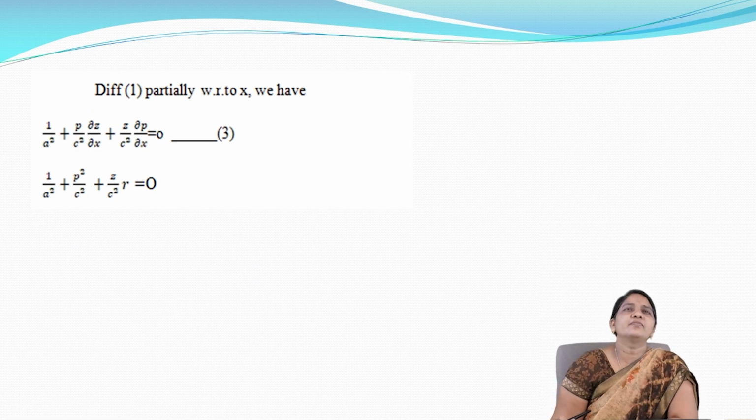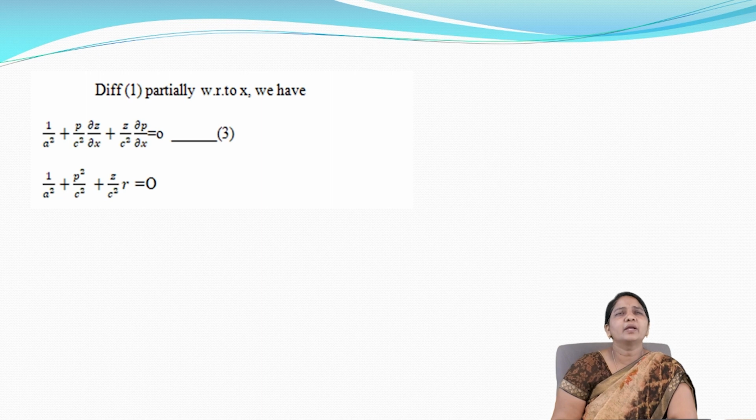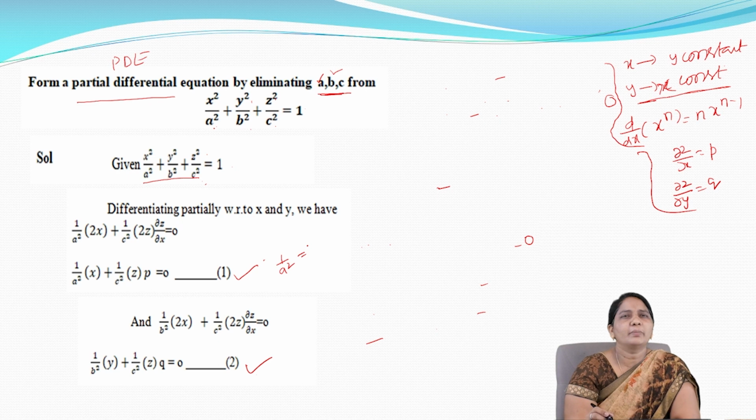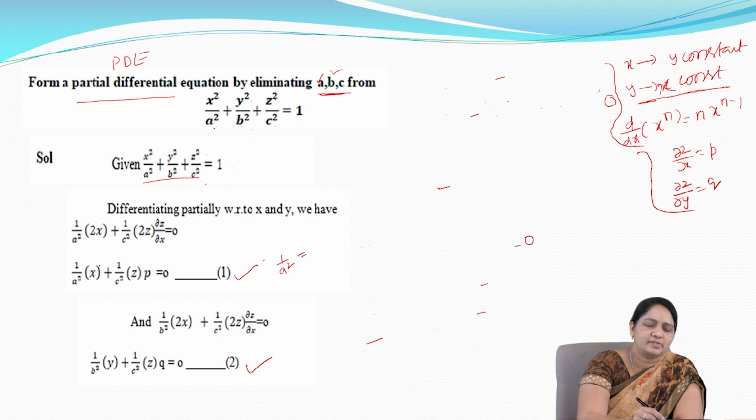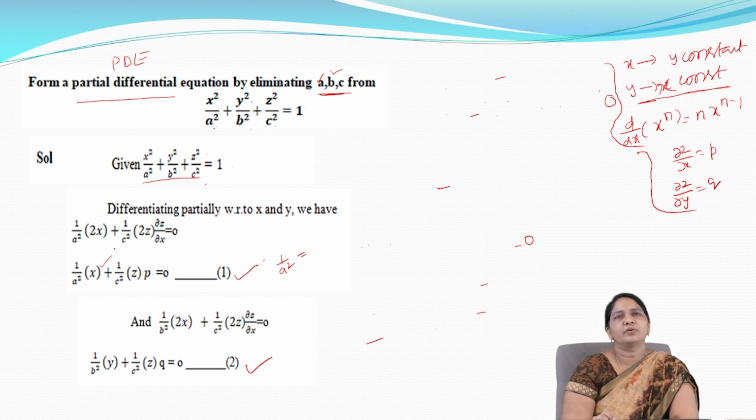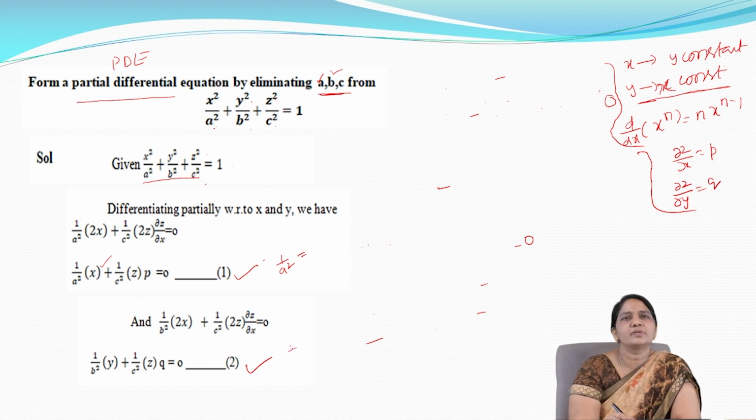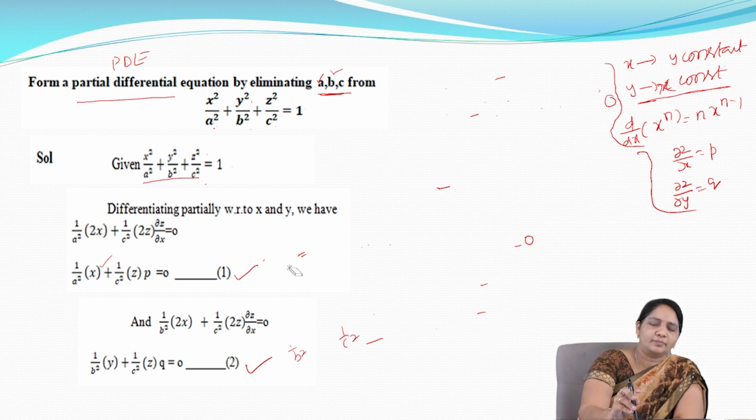So differentiate equation 1 with respect to x. I am doing it again with respect to x. You can observe in the earlier equations, here I can't write any value for 1 by a square because one more x is there. I can't replace this value. And here also I can't replace 1 by b square, and one more 1 by c square is there. So to overcome this problem,